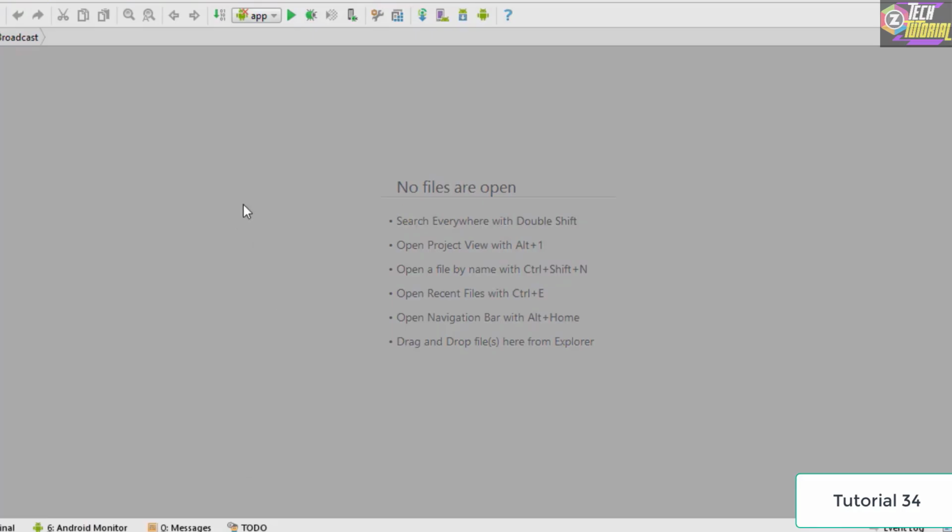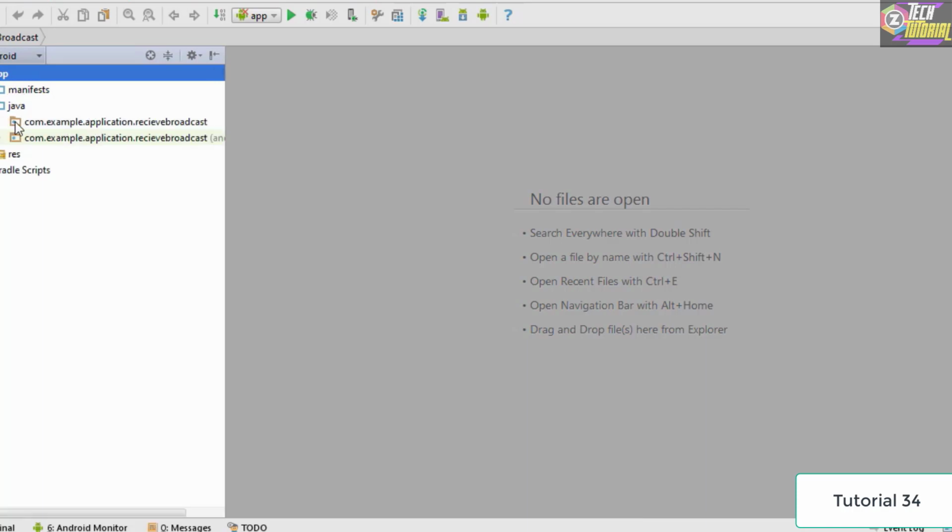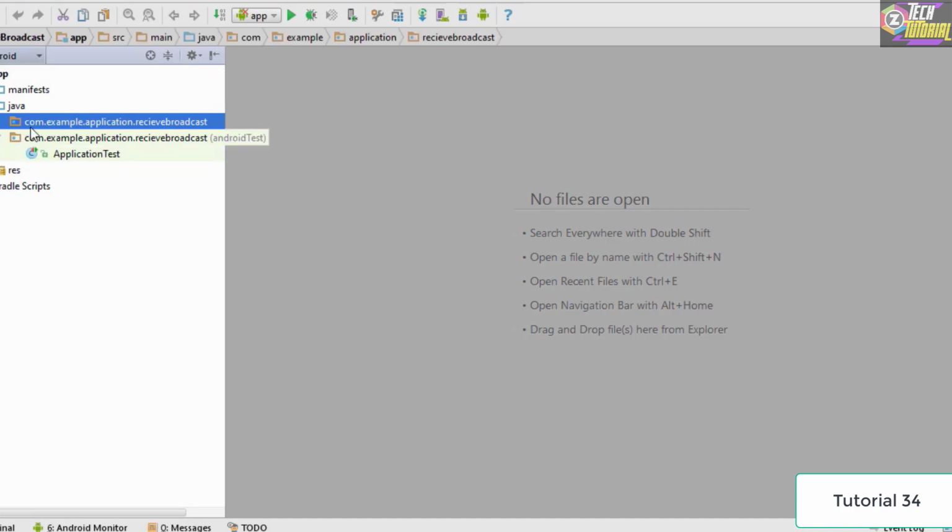As you can see, when we start our project nothing loads up, because we don't have any layout for this application. So what you need to do is switch to this project, and as you can see we have our folder which is called app. When we click on it we have 3 folders here. We go to the Java folder and then the first folder, and this folder is going to contain the activity, but as we have selected no activity we have a blank folder.